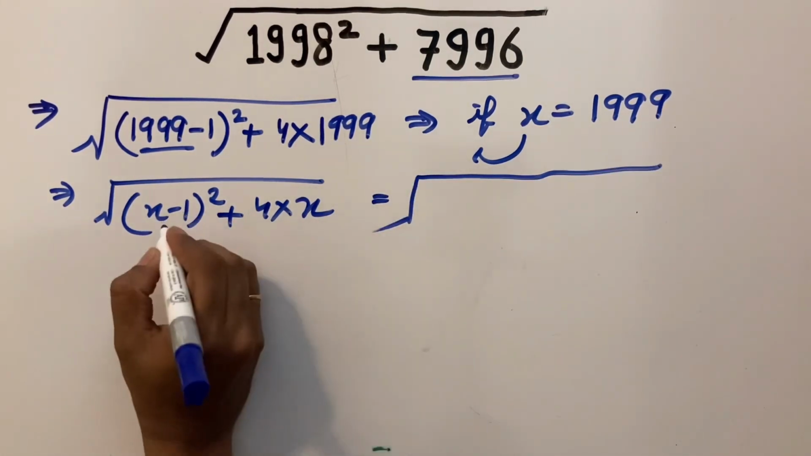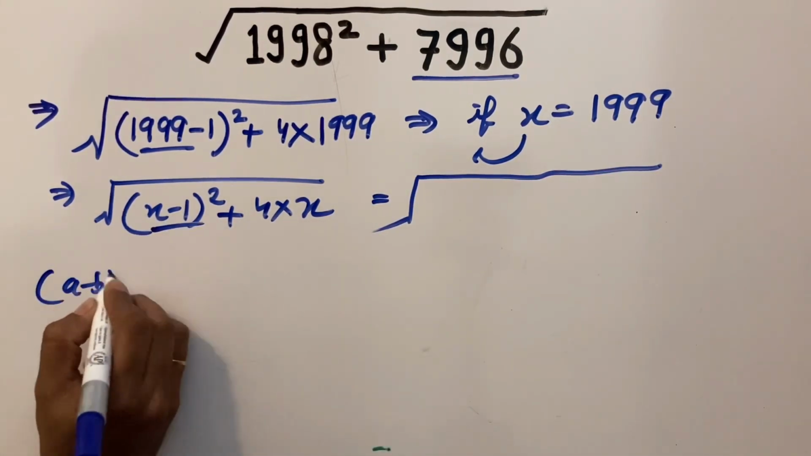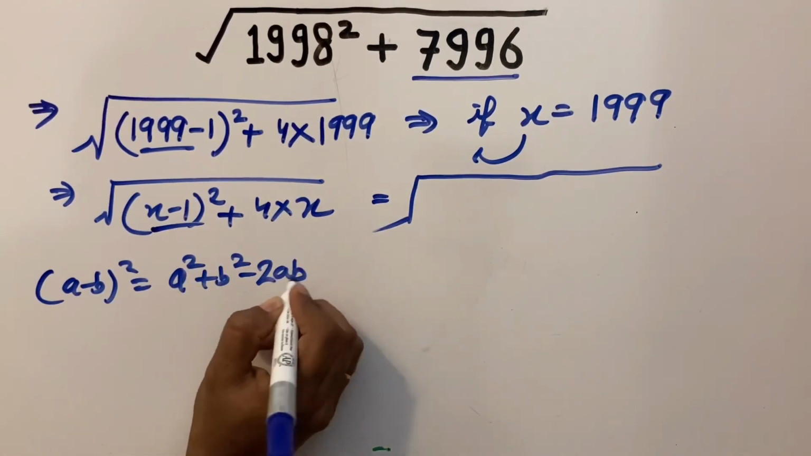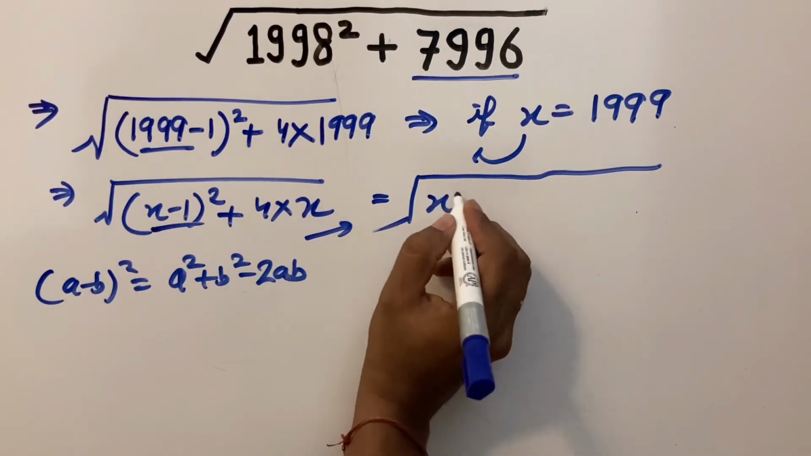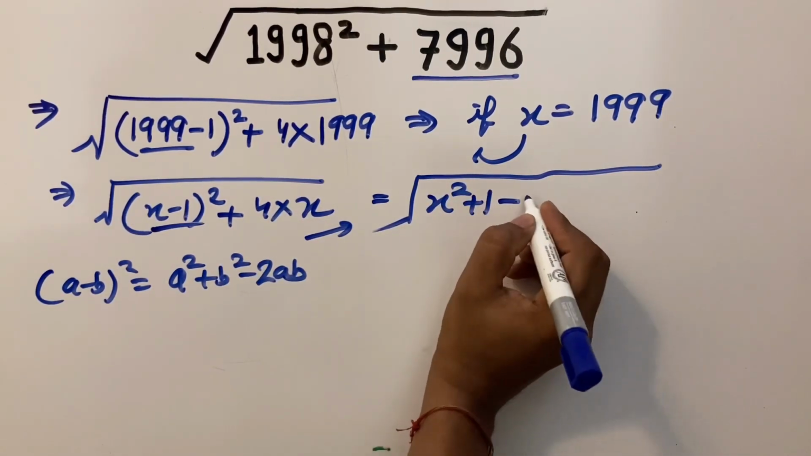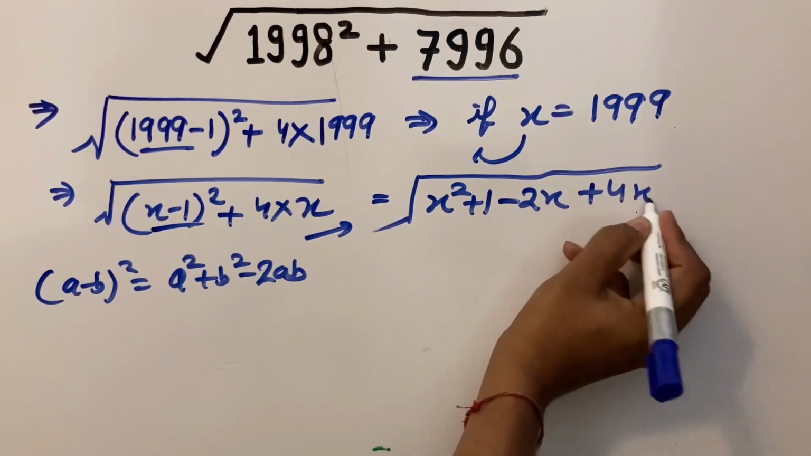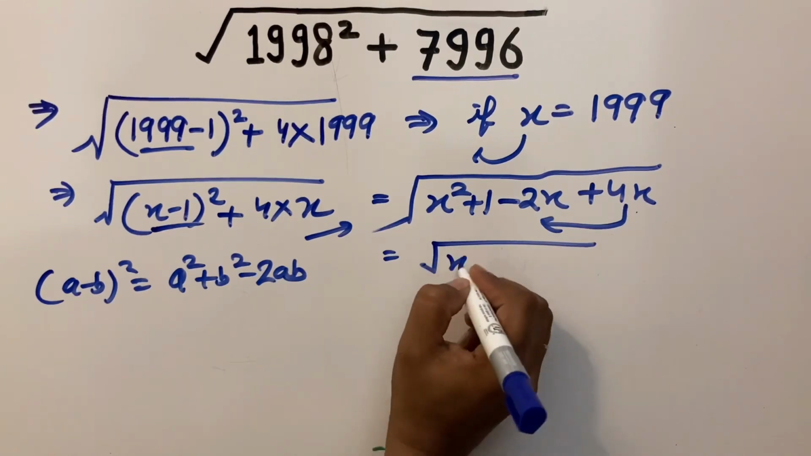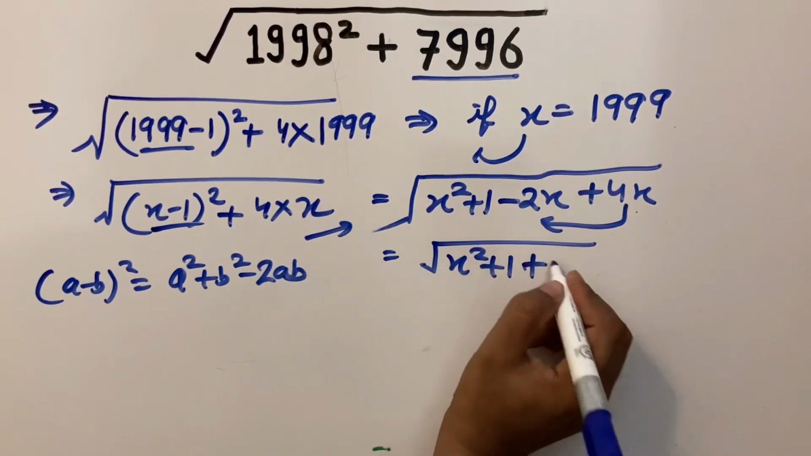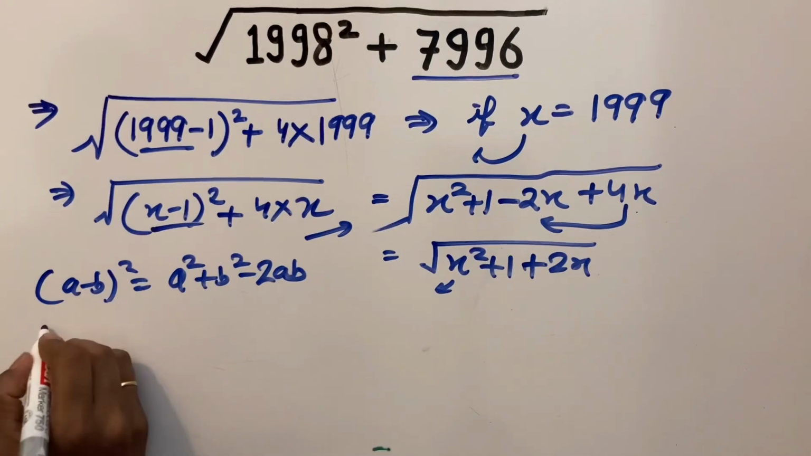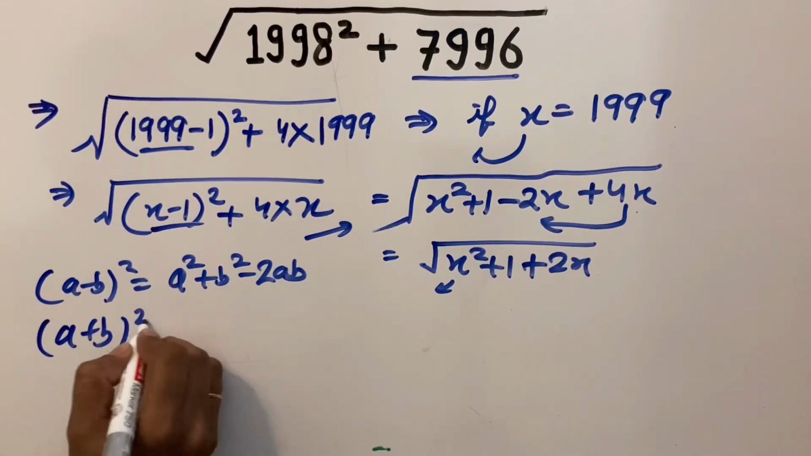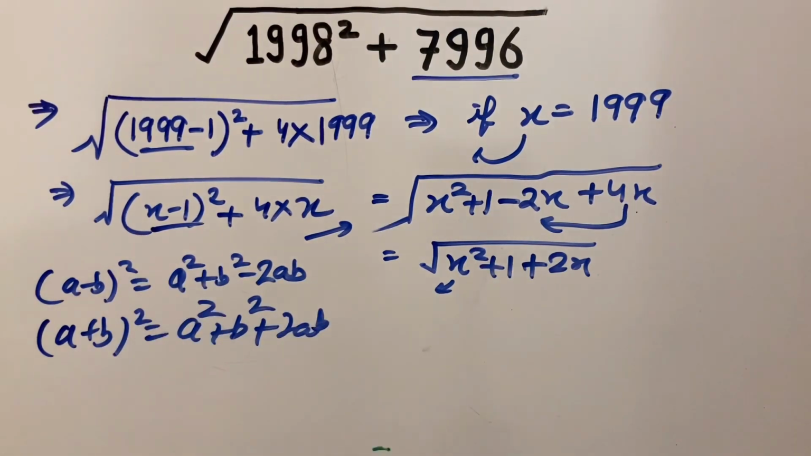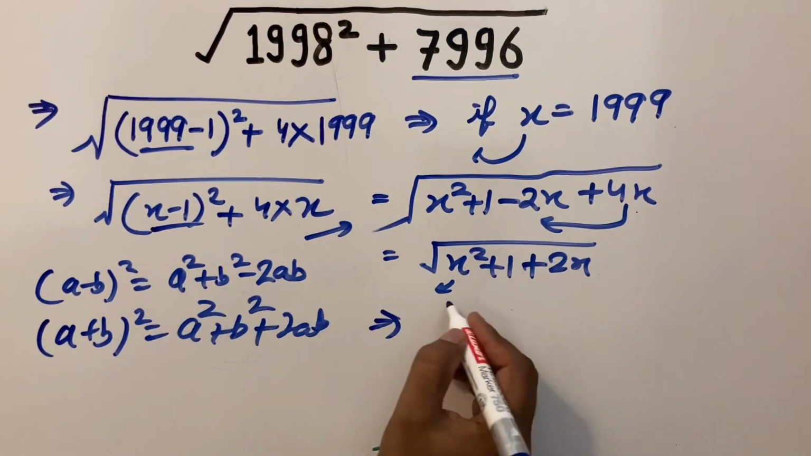For (x minus 1) squared, we know that (a minus b) squared is equal to a squared plus b squared minus 2ab. Using it, this becomes x squared plus 1 minus 2x plus 4x. 4x minus 2x is 2x, so this becomes square root of x squared plus 1 plus 2x. This is further equal to, as we know that (a plus b) squared is equal to a squared plus b squared plus 2ab, so this becomes square root